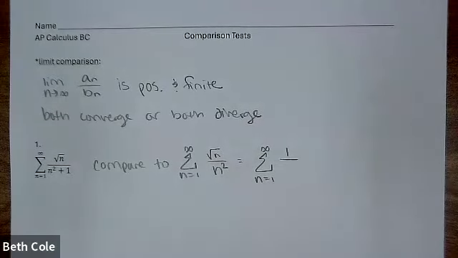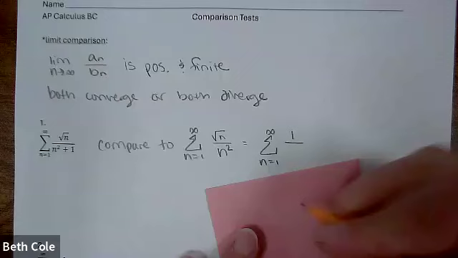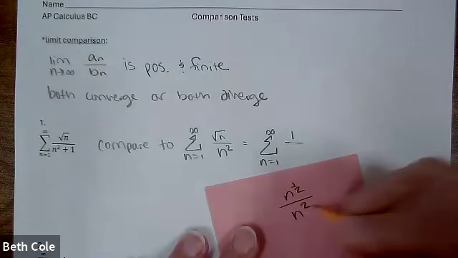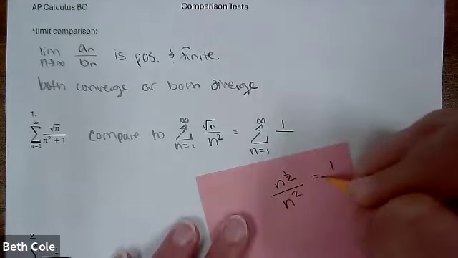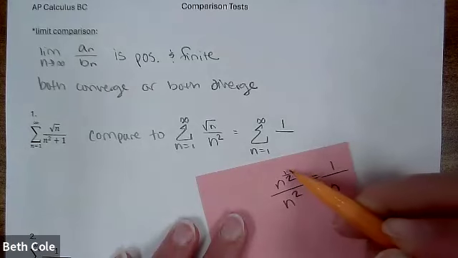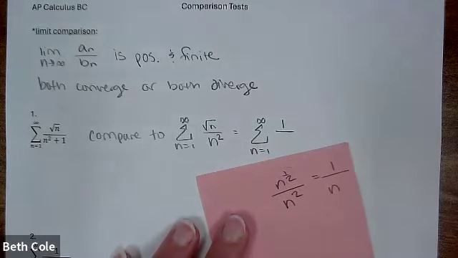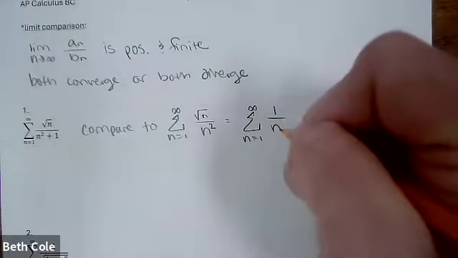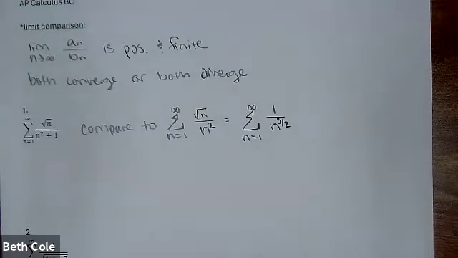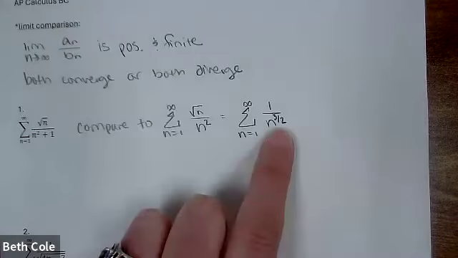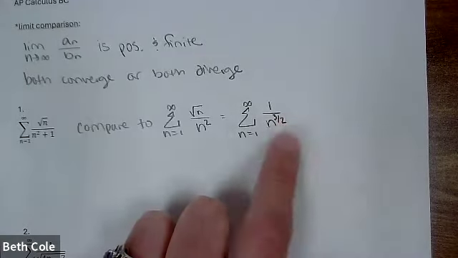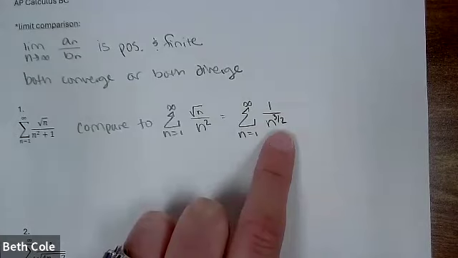I'm going to simplify it together. Here, let me do a margin problem. It looks like this right now. So it's going to be 1 over n to the what? You want to subtract these. 2 minus 1/2, so 3/2. Or 1 and 1/2, but typically you would see it as 3/2. Now that's a P-series. So we compared it to something that we can tell whether it converges or diverges fairly easily. Is P bigger or smaller than 1 here? Bigger, which means